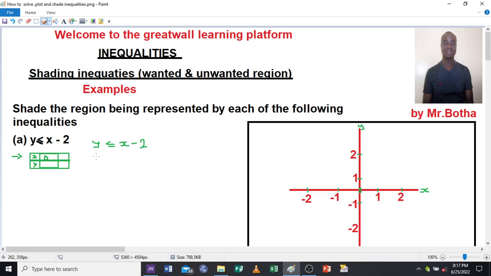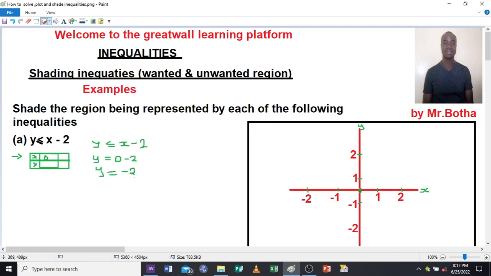You need to solve this for the assumed value of x, and when solving you can use the equal sign. So we want to find y if x is assumed to be 0. You substitute x by 0, and this is going to give you y is equal to